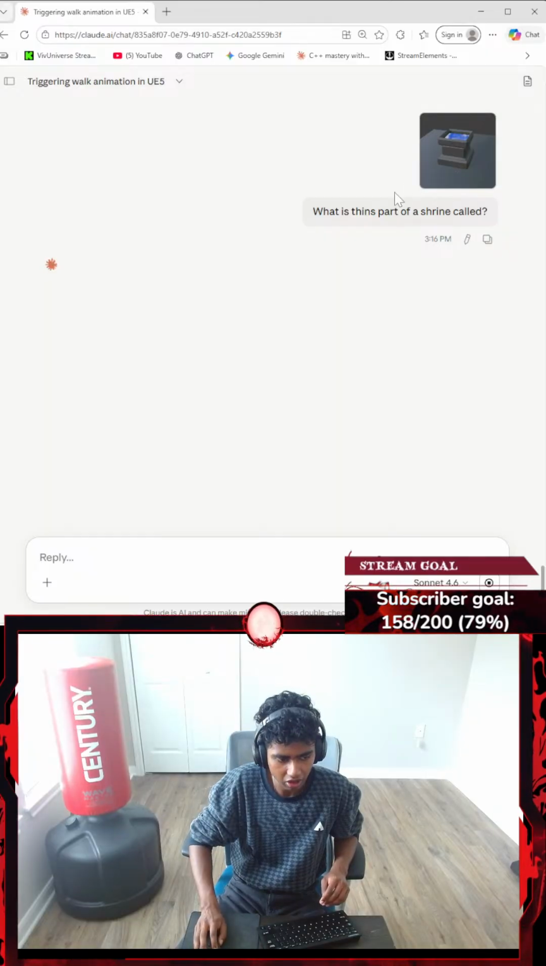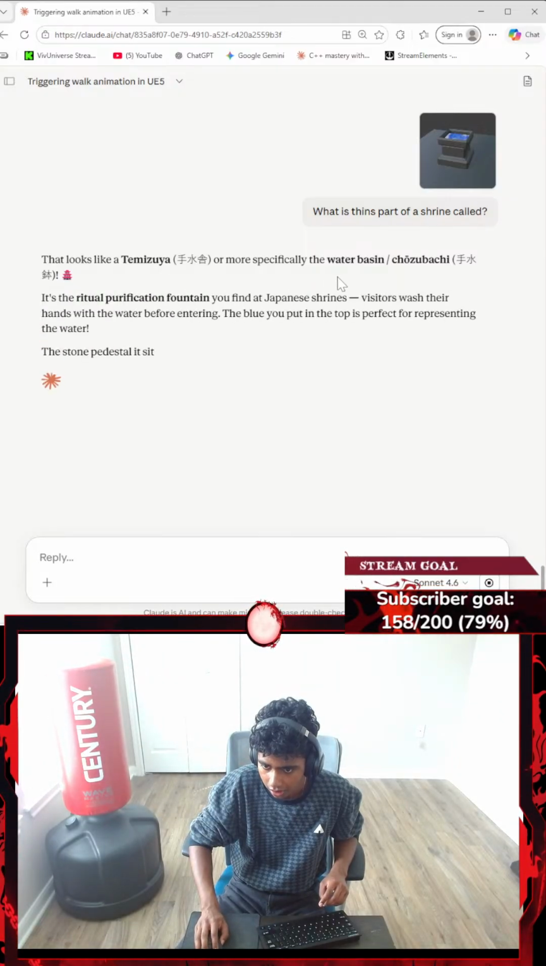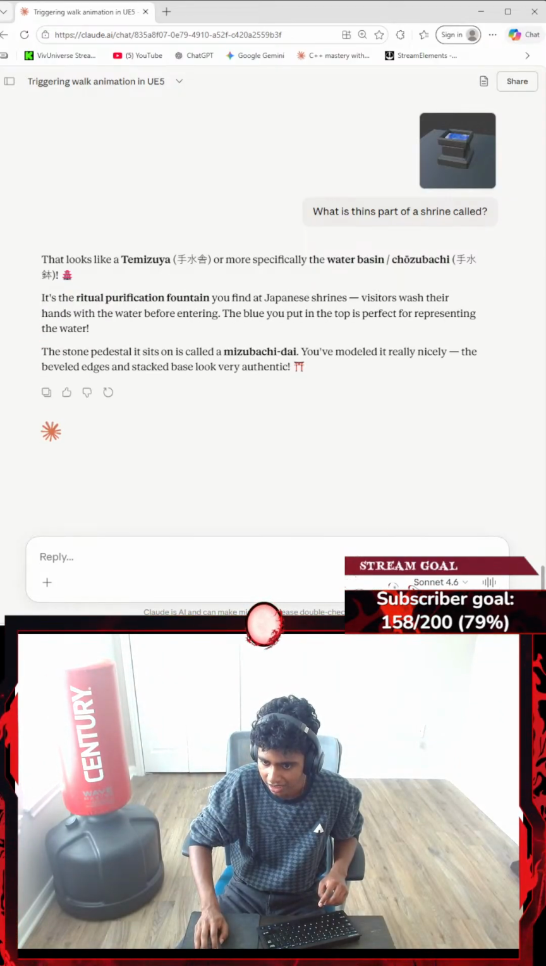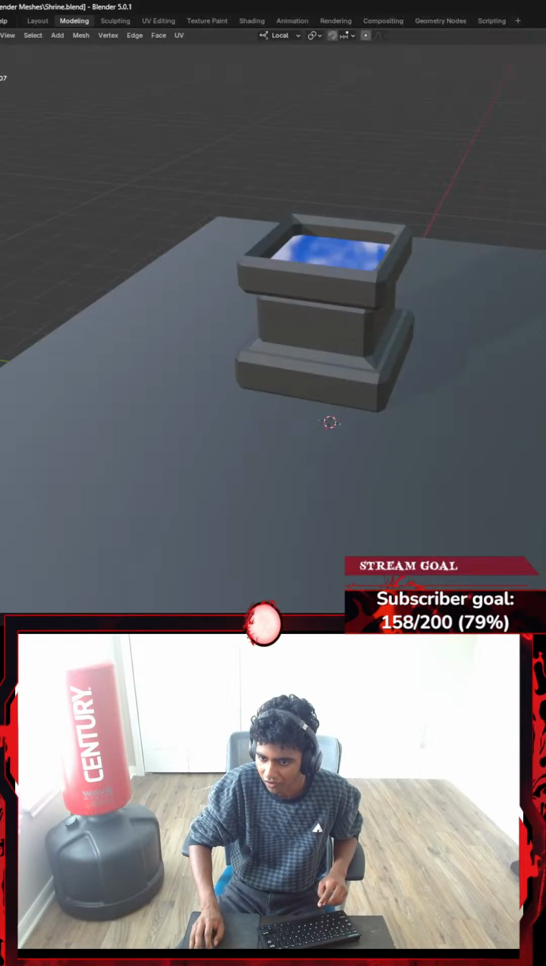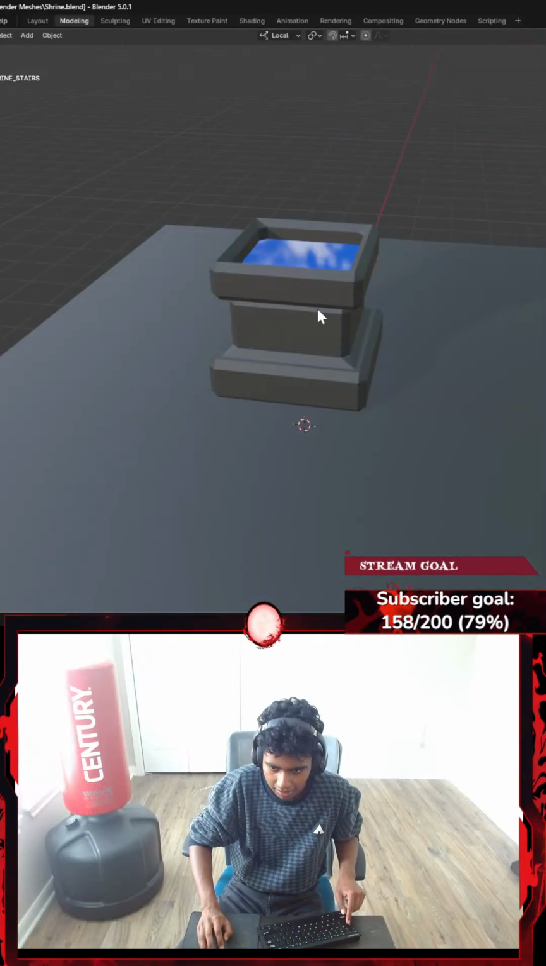Okay, what is this part of a shrine called? Let me just ask. Okay, a water basin. Ritual. Okay, I'll go with fountain. I'm pretty sure this is called my shrine fountain, but okay, well, I guess I'm gonna hit Tab and then